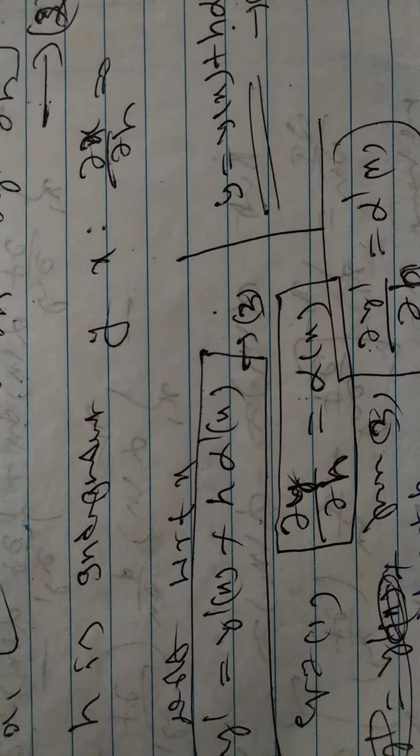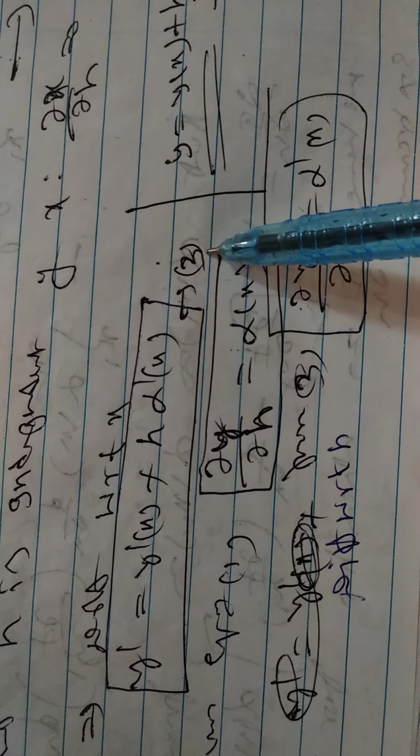So by using equation 1, what is equation 1? So y is equal to y of x plus h alpha x. So from this equation, you have to differentiate with respect to x. So what happens here? Differentiate with respect to x. So y becomes y dash. Y of x becomes y dash plus h into alpha x becomes alpha dash of x. See here. So equation 1 differentiated with respect to x, what you get? Y dash is equal to y dash of x plus h alpha dash of x. We call it equation number 3.